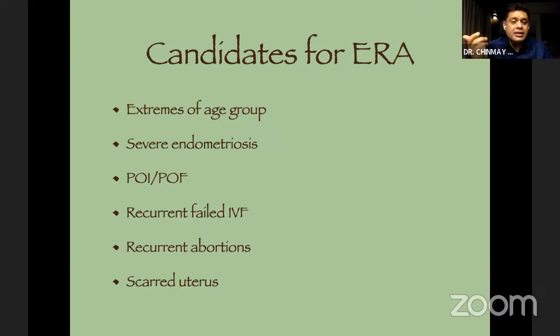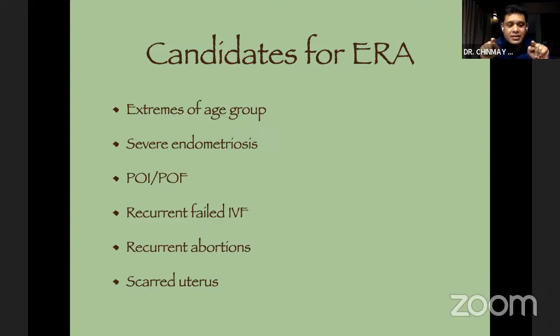Obviously, the next indication is recurrent failed IVF. Now, the fifth indication will surprise you. Why in recurrent abortions do we need endometrial receptivity? So you have to understand endometrial receptivity is a spectrum. Imagine your endometrium is expressing certain genes which are at their prime at midpoint, but they also have extremes of